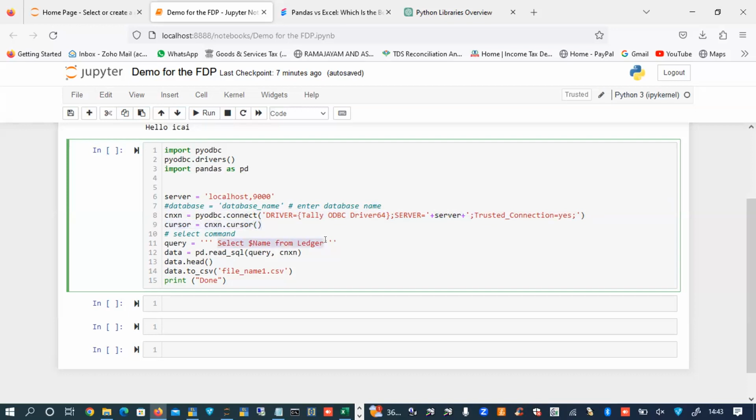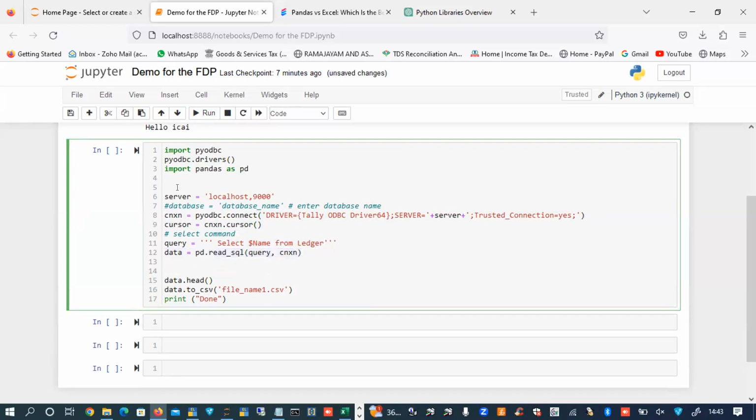That is only taking the list of the names. After taking the list of the names, here pandas is reading this query and writing it.